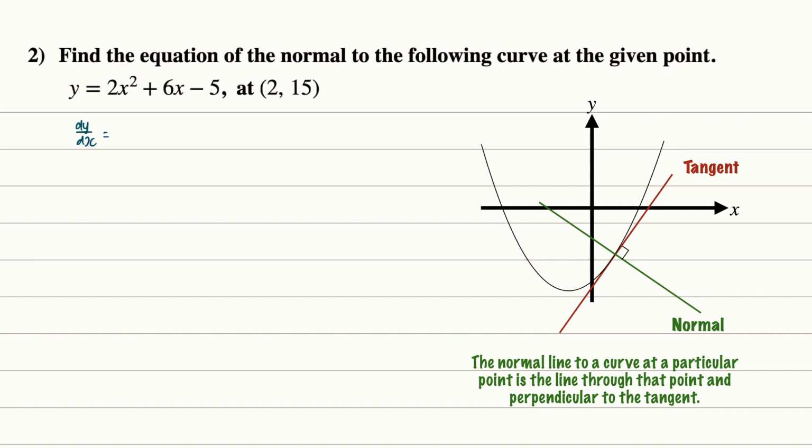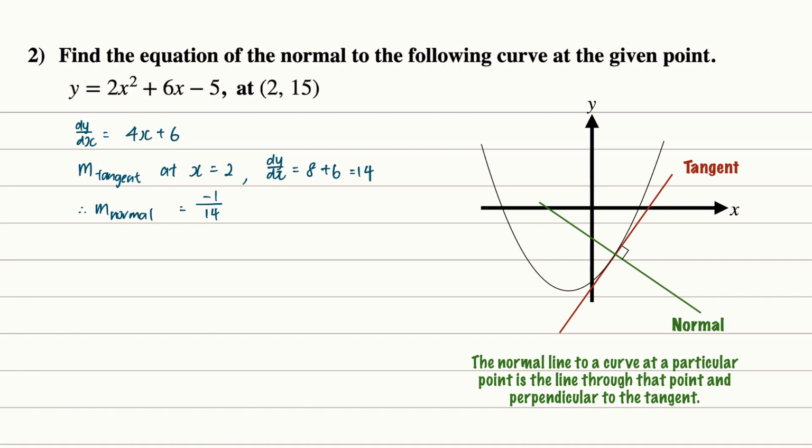So we have dy over dx equals to 4x plus 6. The gradient of the tangent at x equals to 2 is equals to, let's substitute x equals to 2 into dy dx, which will have 8 plus 6 and is equals to 14. Now take note that this is the gradient of the tangent and not the gradient of the normal. In order to find the gradient of the normal, we will take minus 1, it is always a minus 1,